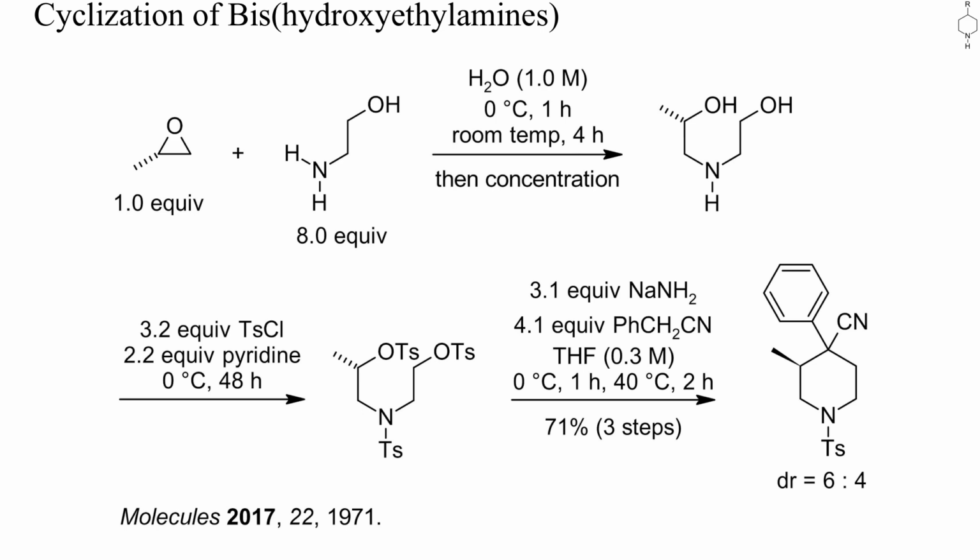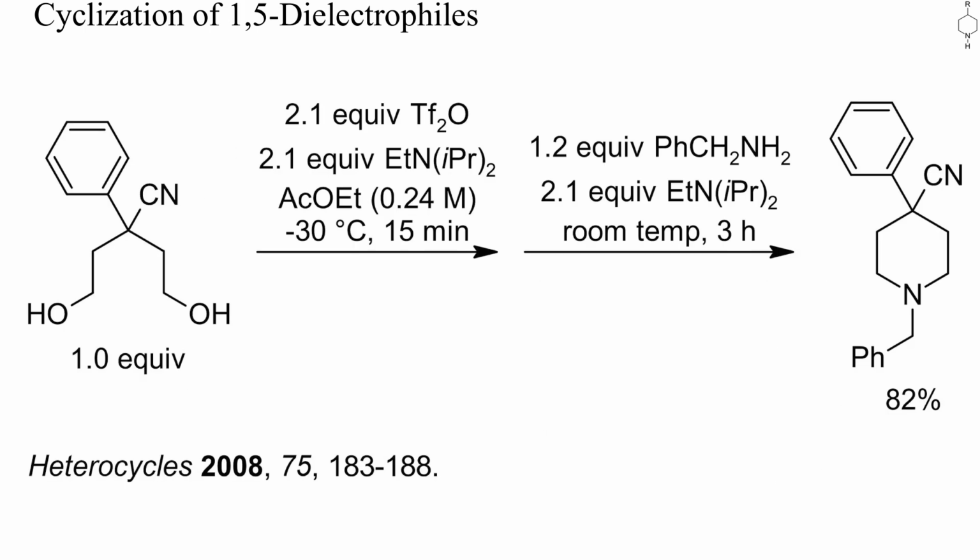Anyway, reaction of the ditosylate with deprotonated phenylacetonitrile gave the target piperidine as a mixture of two diastereomers. Again, an excess of reagent was used, which was a bad idea in this case because it increased the amount of non-cyclic alkylation products. A similar product as the one on the previous slide can also be prepared from a